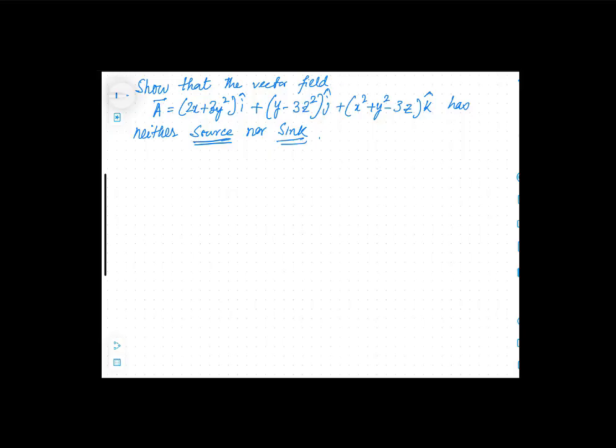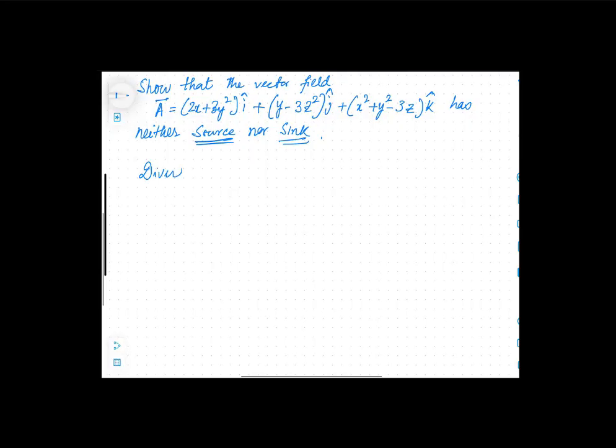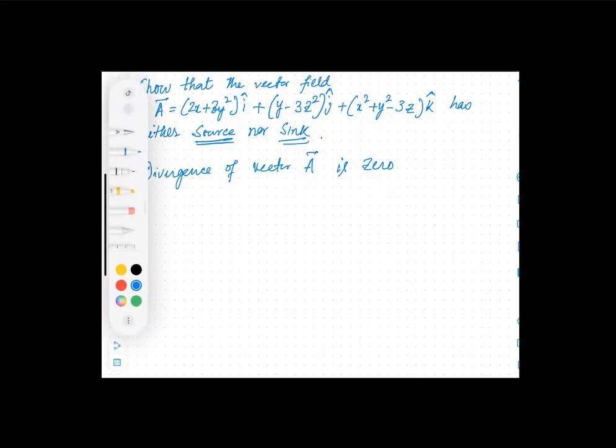So whenever I have this statement neither sink nor source, which means that the divergence of this vector field, divergence of vector A is zero. This is a very important statement. Divergence of vector A is zero